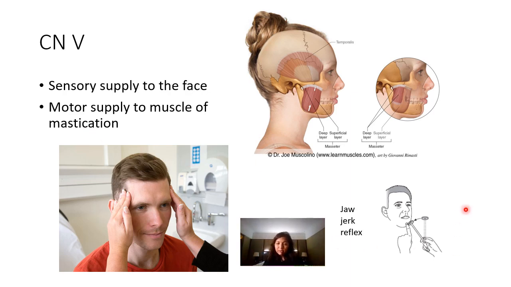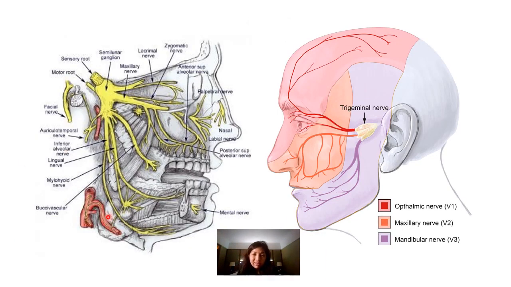And the other test you do is the jaw jerk, where you just have them open their mouth slightly, put your fingers here and tap. If there is an abnormal response, you get a brisk jerk or an absent jerk. It depends whether it's upper or lower motor. And then the sensory supply,